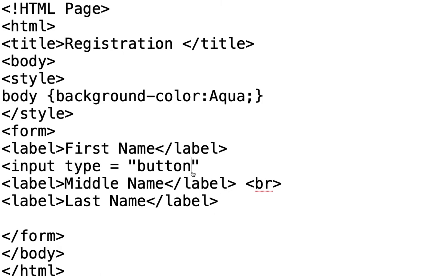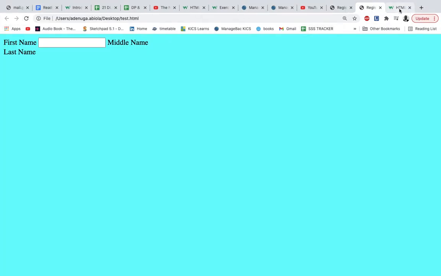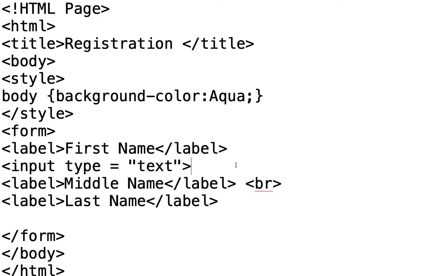But for this very input type, what we're using is the text, because what we want is an area that could contain the text. All right, so if I go back to that page and I refresh, I would have that. Now, another thing I could do is I could change this size. This size seems to be a little bit big for this label. So do I increase the size of the text in the label, or do I increase the size of the text box itself? Okay, why don't I just end this argument and then specify size and say equals